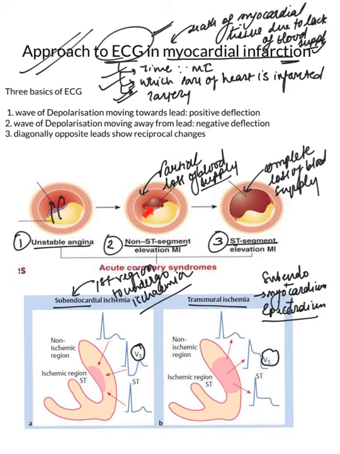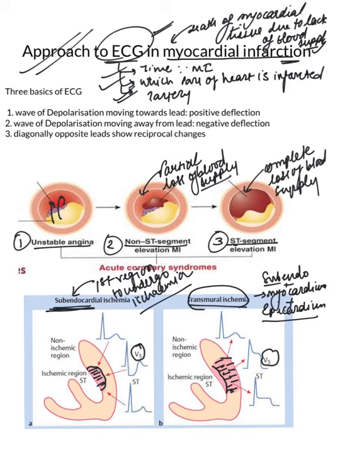So when the lumen is partially occluded, there is only partial decrease in the blood supply, but there is no complete loss. So in such a case, the first region to undergo ischemia is the subendocardial region, which has been highlighted here. Whereas when there is complete loss of blood supply due to complete occlusion by the thrombus, it leads to a transmural ischemia. Transmural ischemia meaning not only the subendocardium but also the myocardium and the epicardium has got infarcted. So this is called transmural or full thickness infarction.